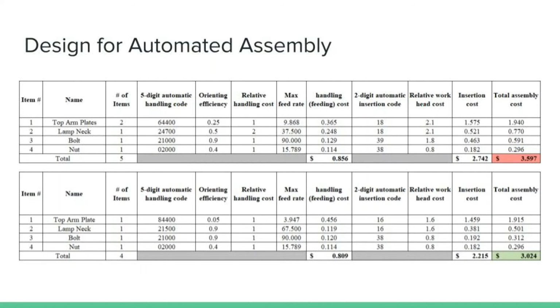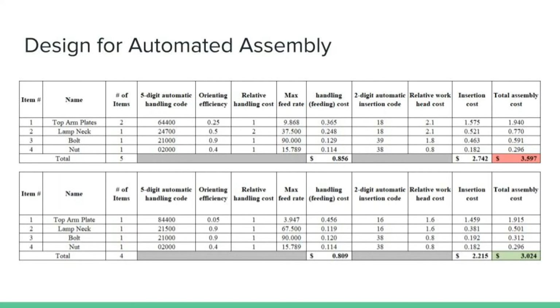Now, as you can see here, we dramatically decreased the cost of the subassembly as a whole. We cut out a part by combining the 2 plates, as mentioned on the previous slide. We saved the most money through the reduction of the handling costs of the lamp neck and the bolt, and the insertion costs of every part, except for the nut, because the nut remains unchanged, as well as saving a